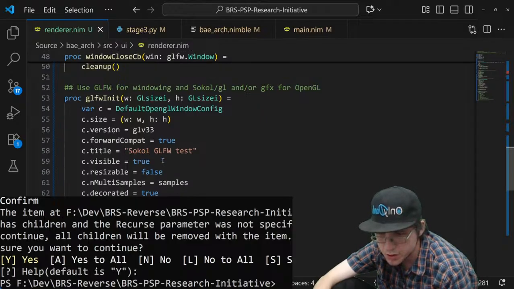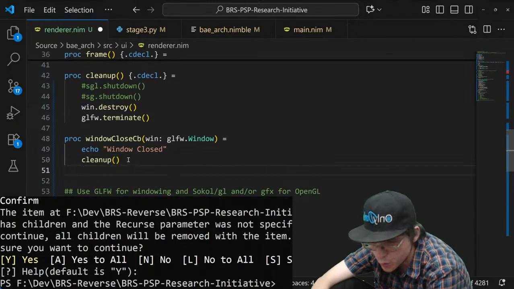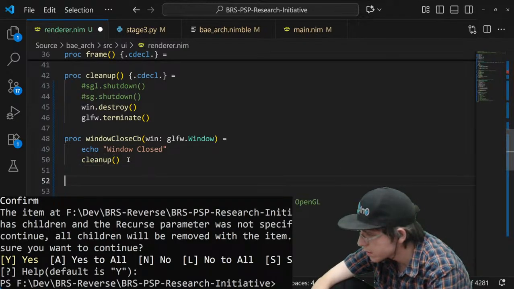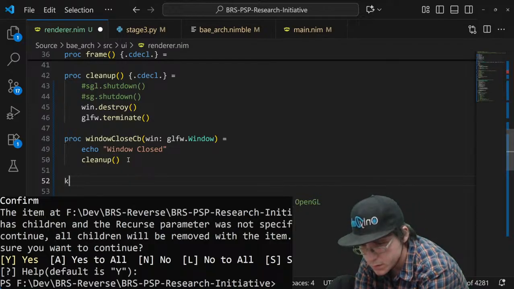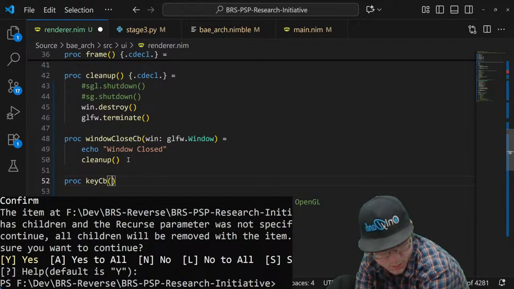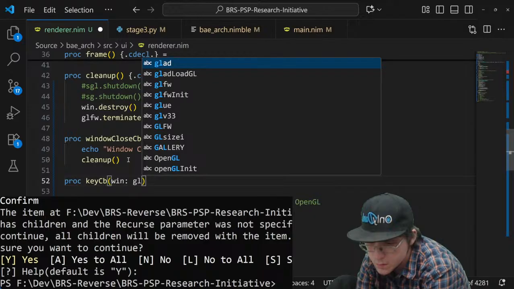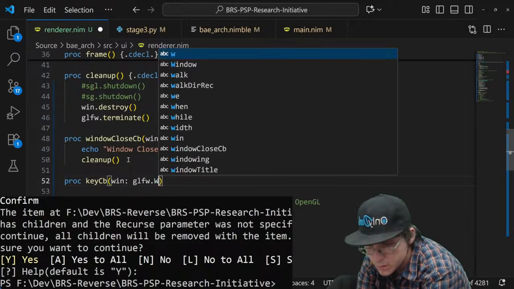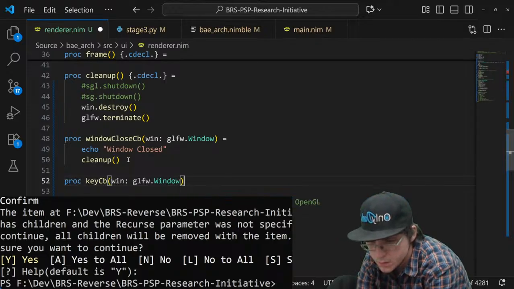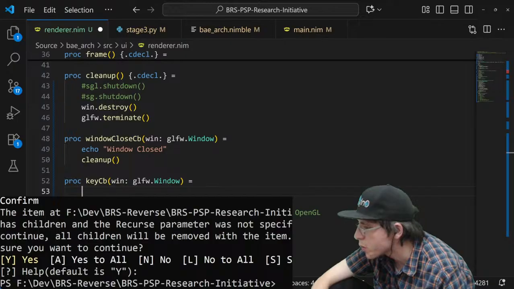Follow that YouTube, going to set a keyboard. Does this key callback work?